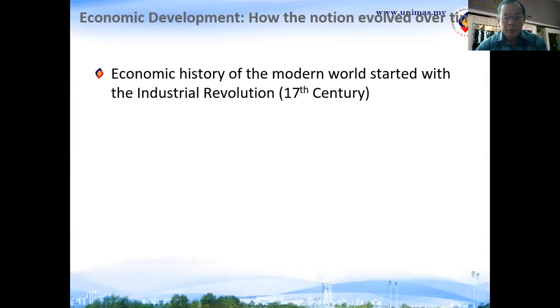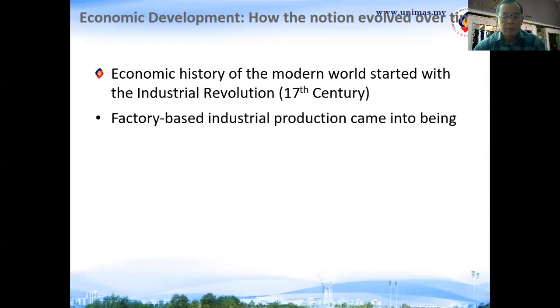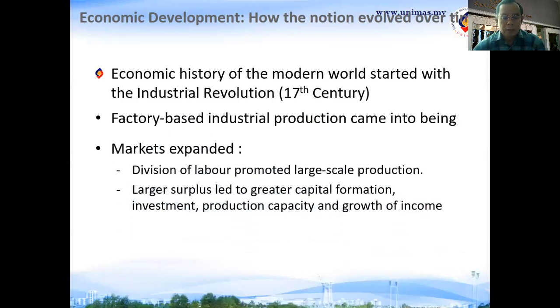Looking at history, if we look at the economic history of the modern world, it started with the Industrial Revolution, somewhere in the 17th century. Now, factory-based industrial production came into being, and markets also expanded as a result of that. So there is a division of labor because of the large-scale production. There was a need for a division of labor which promoted the production of goods in big quantities, and